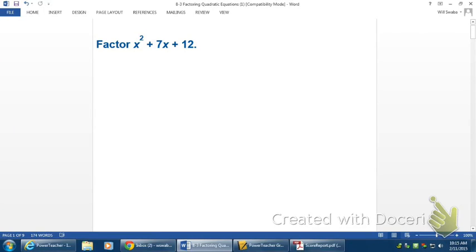This type of expression, first off, yes, sir, it's a trinomial because it's three terms. Second off, it is a quadratic. It's considered a quadratic because of that x squared,